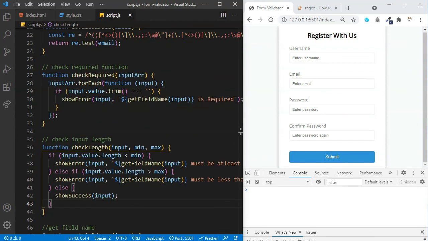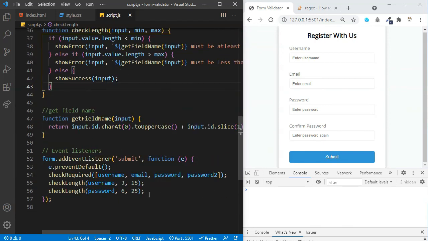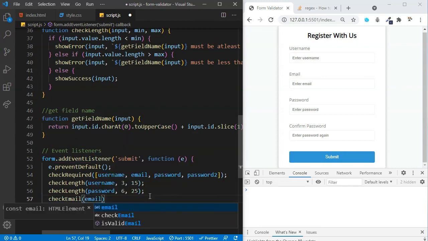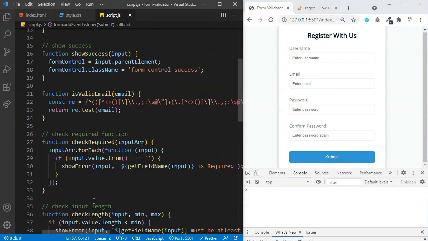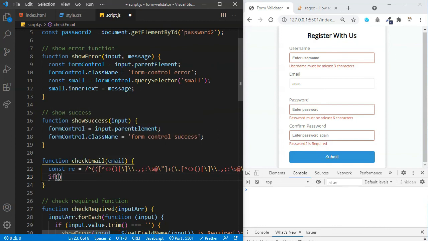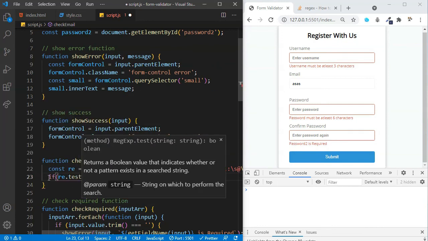Okay, let's head over to our JavaScript. Now let's also add a check email function, which we already have. I'm just going to change the name and tweak it a little bit. Check email, it's going to take in the email. We just need to change some code for this check email. Here I'm just going to check if this re.test